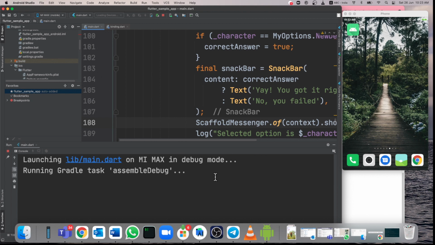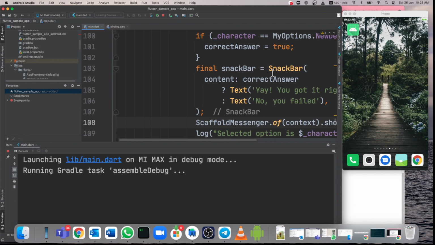So using this logic you can create your own full-fledged application of, say, a quiz application, and after the quiz you can store the result in a local database and say how many times you succeeded or how many times you have failed.